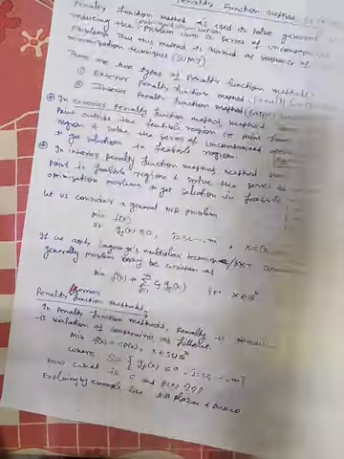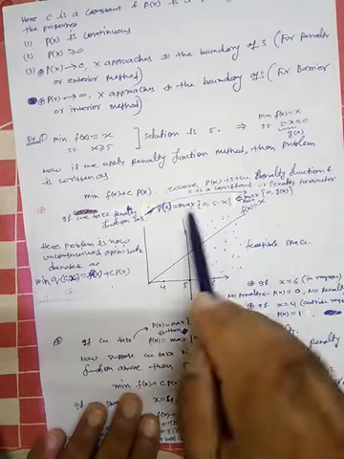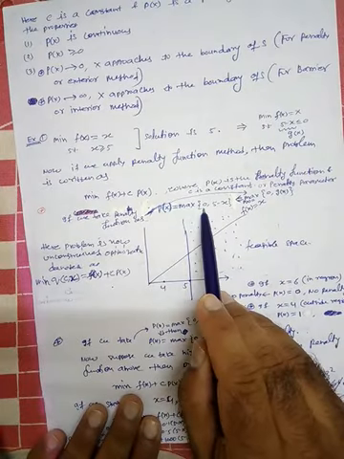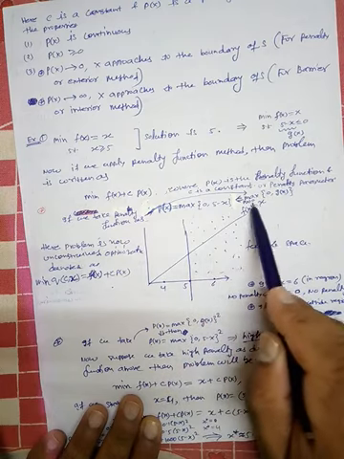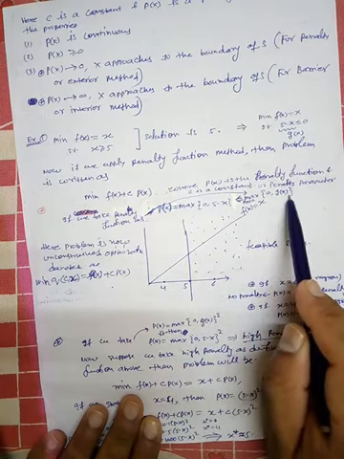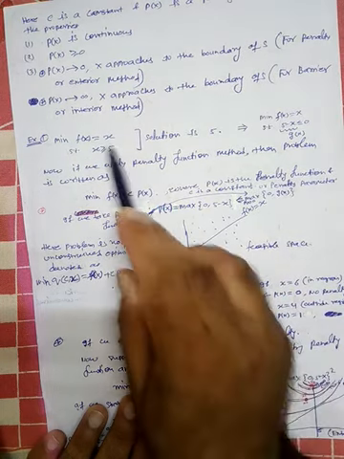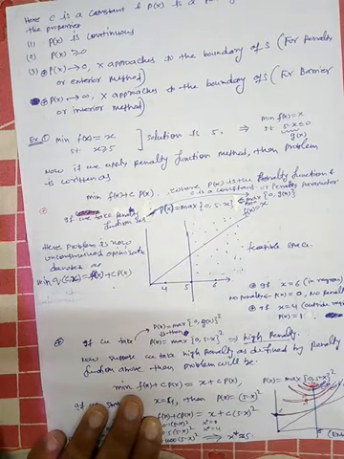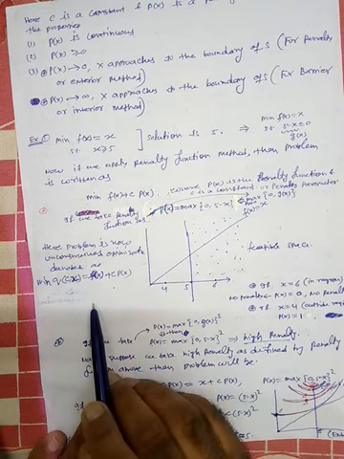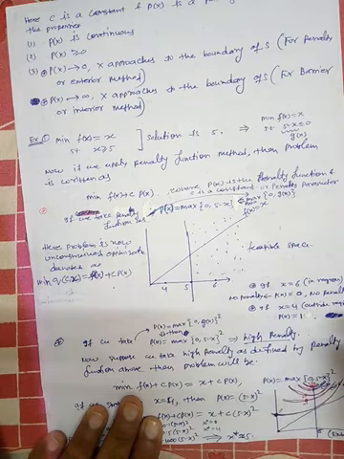In this case, we have taken p(x) as maximum of 0 and 5 minus x, because p(x) is taken as maximum of 0 and g(x). So this is your function, this is your constraint, x is equal to 5, and this is the feasible space. Now the problem is how to solve this problem.